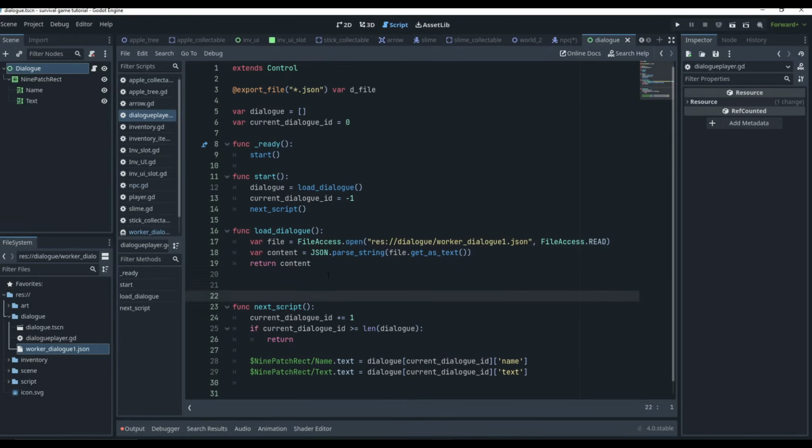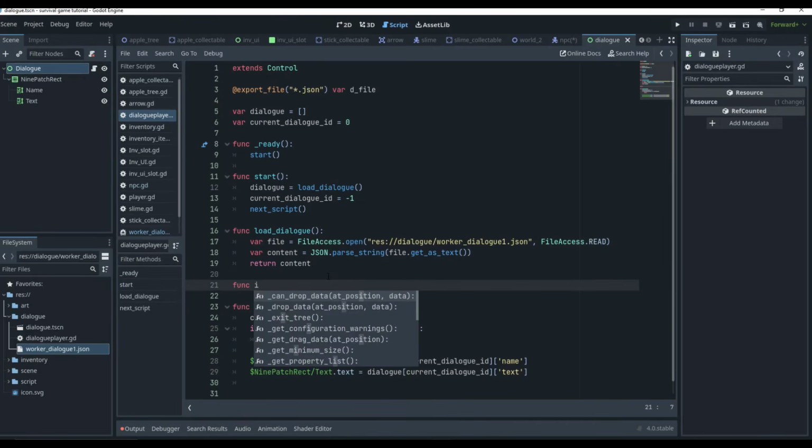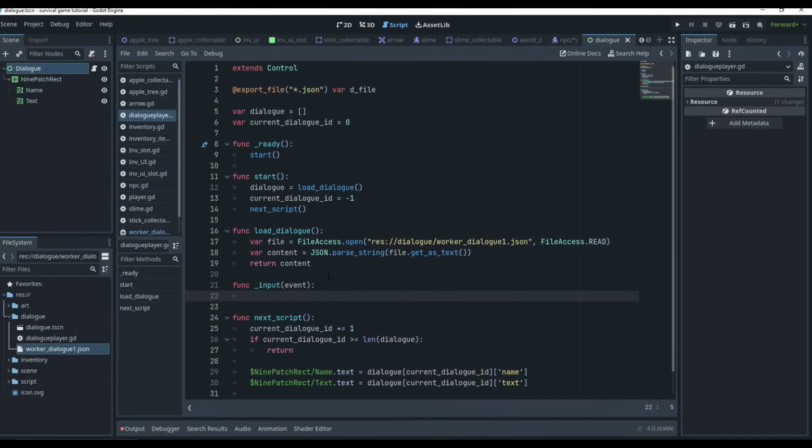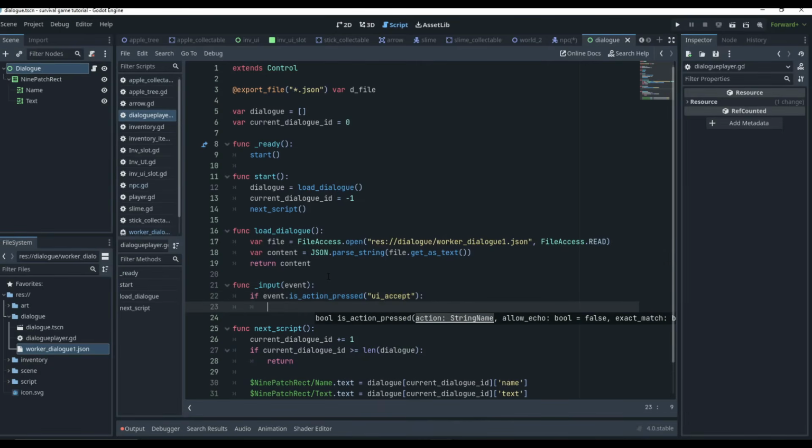Let's also add one more function, and this function is going to be our input function, so we were able to go through the dialogue. So we'll say if event.is action pressed, and for now we can just say UI accept. Then we'll call the next script. And if we play the scene, F6,